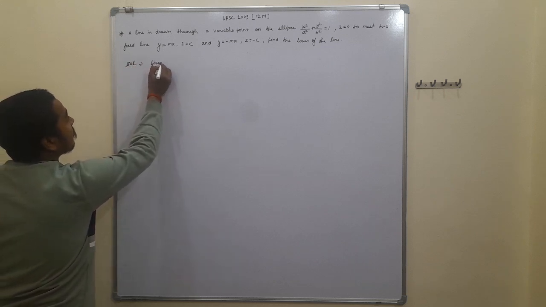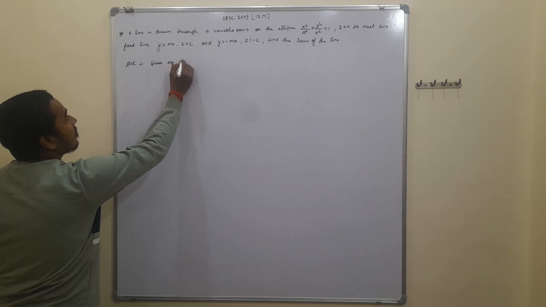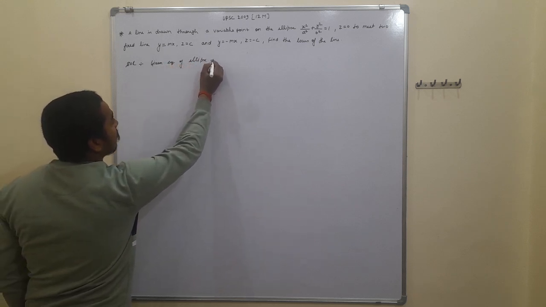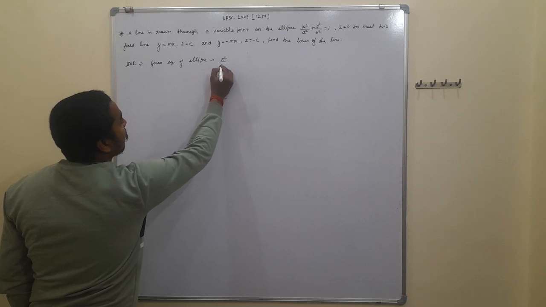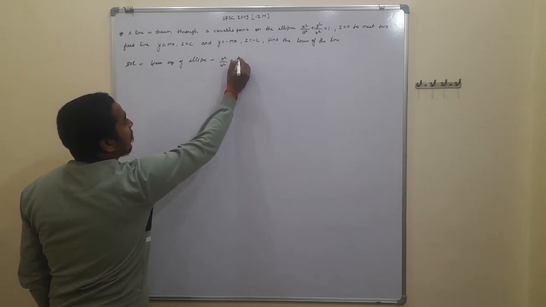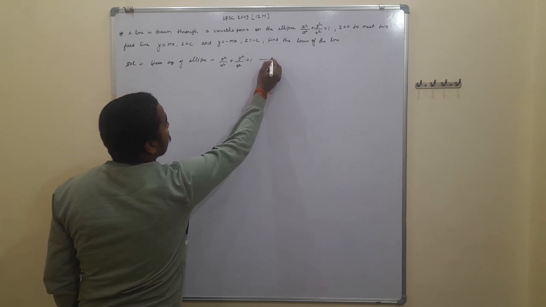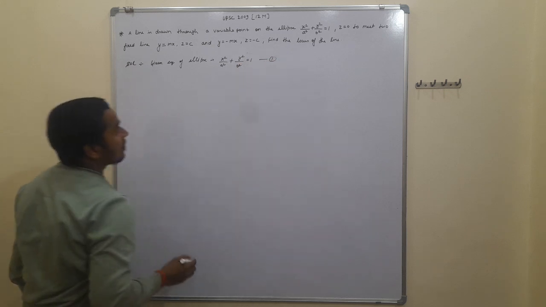Given, equation of ellipse is x square upon a square plus y square upon b square is equal to 1. Let this be equation 1, and the given line is,